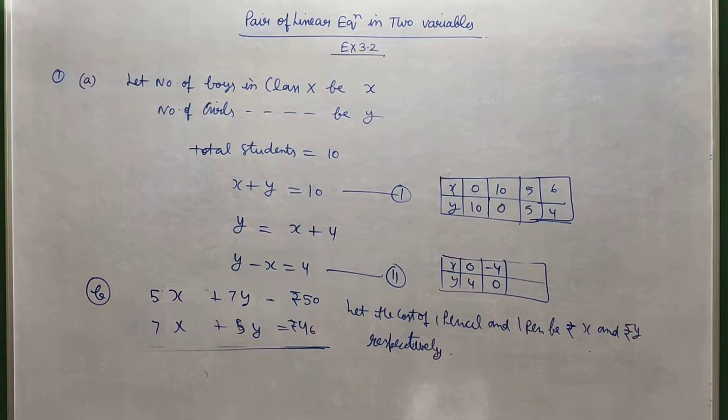Now question number 2. Question number 2 is related to how we can find the nature of the solution or the nature of the equations, that is, whenever the equations are represented on a graph, what will be the behavior of the equations? Are they intersecting? Are they parallel to each other? Or are they coinciding with each other? So we will identify it, right? So this is question number 2.